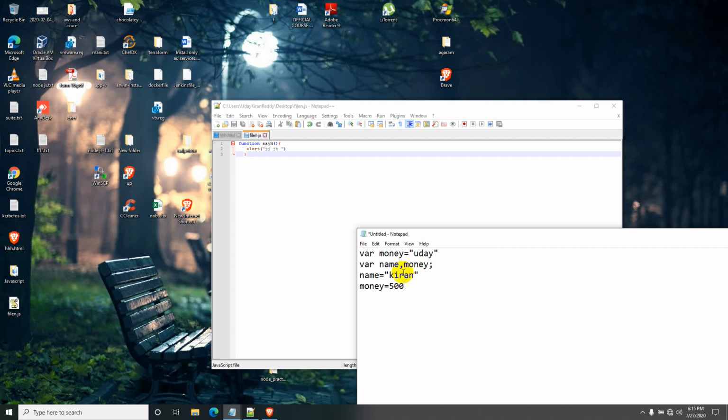If you see here, I didn't mention any data type in front of this. It is taking a number data type, but I didn't mention it. I simply typed var, because JavaScript is an untyped language. This means a JavaScript variable can hold a value of any data type. Unlike many other programming languages, you don't have to tell JavaScript during variable declaration what type of value it holds. The type of value can change during the execution of the program. JavaScript will take care of it automatically.